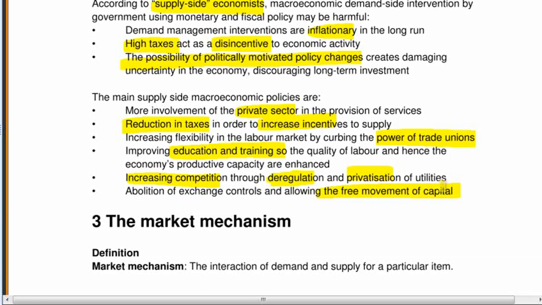Okay, now that was a bit of a whistle-stop tour of macroeconomics. So I hope that made sense. I know it's a bit quick, but I think that's the level of detail that you need to know for this paper. What I'm going to do now is I'm going to stop. It's a good place to stop because we're going to move away from macroeconomics into microeconomics.